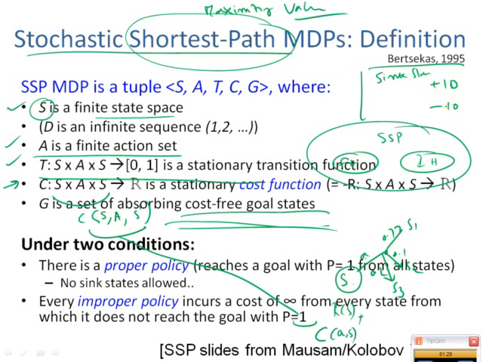Policy iteration, on the other hand, is not guaranteed to hold unless you start with a proper policy. But it turns out finding a proper policy itself is hard. Initializing it yourself with a proper policy can be arbitrarily hard. So that's why nobody actually tries. Basically you don't think of policy iteration for SSPs as a killer. Okay. We can also talk a little about the connection between these and